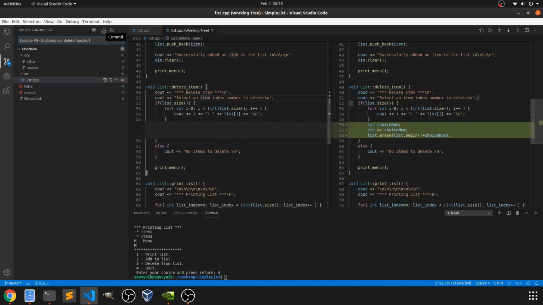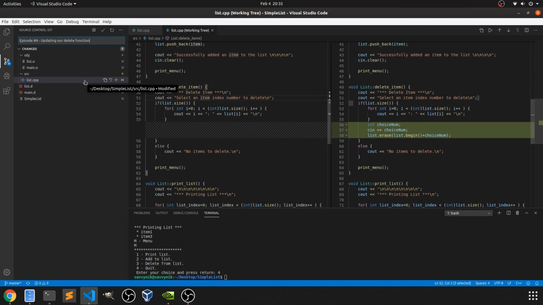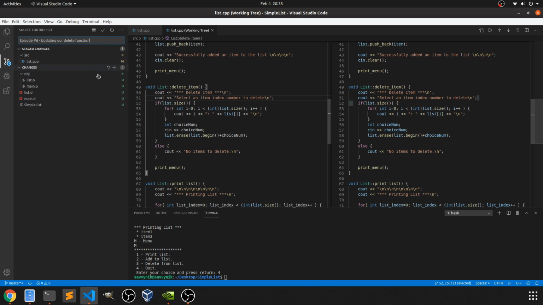So I'm going to go ahead and just hit this checkbox, which is commit, and it's warning us that there's no staged changes. Well, just the fact that we've modified something doesn't mean that we're ready to go ahead and send those changes down. So we're going to actually have to hit stage changes here. So right click on the file, hit stage changes, and now we should be able to hit the checkbox. And you can see that those changes have been committed locally, but they have not been pushed to the outside